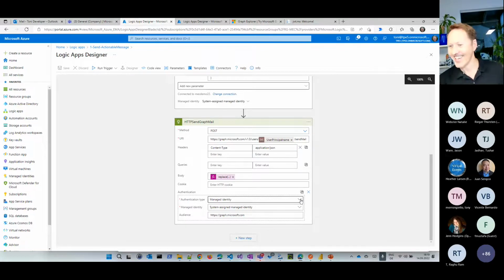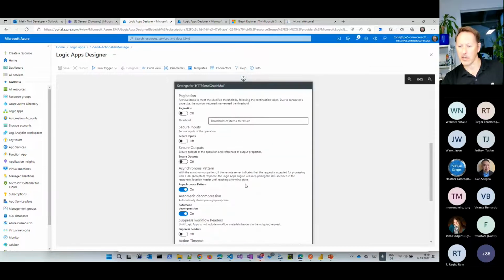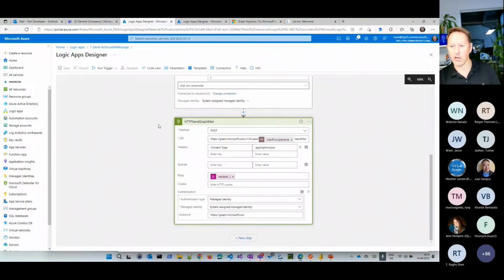Right. Absolutely. By the way, if you're using logic apps here, there's one feature here to obfuscate the data here, secure outputs, secure inputs. That's nice, because then in the flow, you don't see the secret itself. You just see the obfuscation here. That's not really a good protection, but it's just for the logs, for example. So I'm, for example, using log analytics. We come to that maybe a little bit later, when we see what was successful, which business process did run, and which business process didn't run.